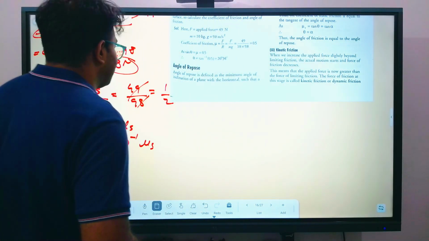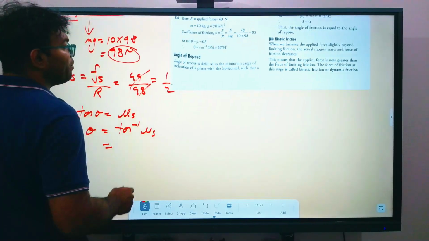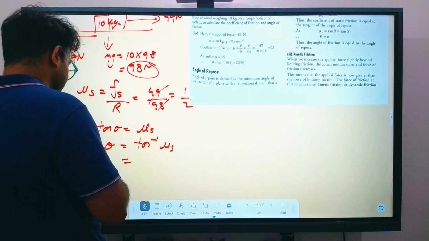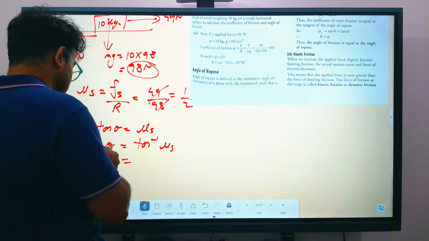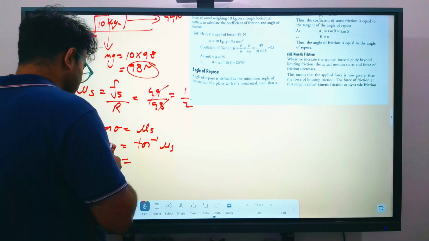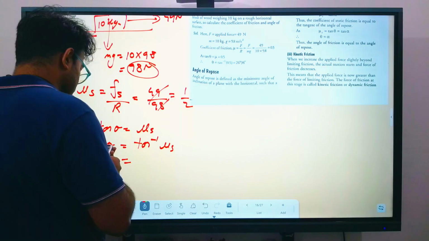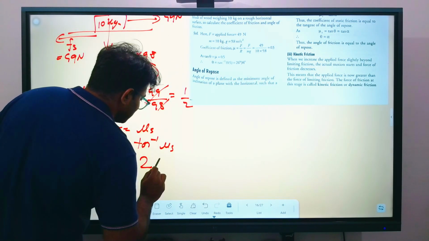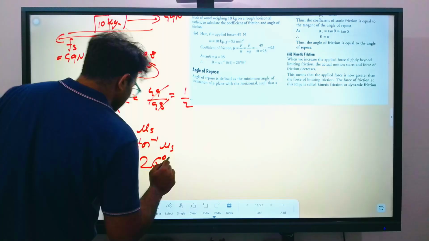Okay, so theta becomes equal to tan inverse 0.5. Yeah, it's correct. So theta is 26 degrees and